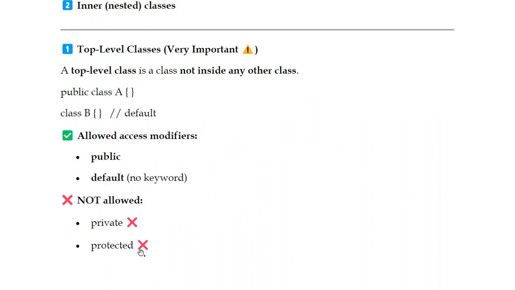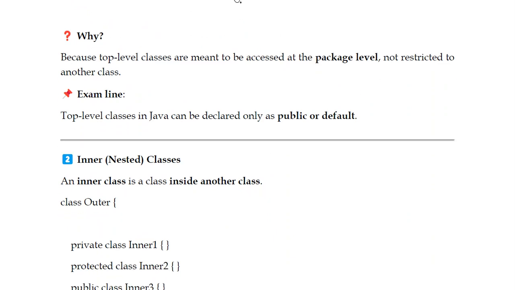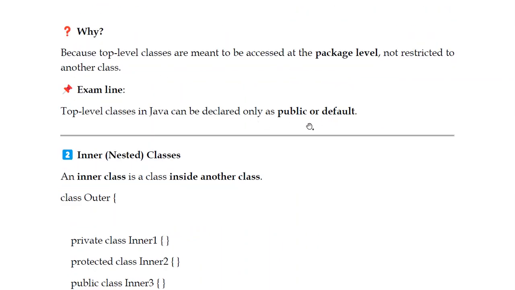Okay, so it means access at the package level, within the package it should be accessible, so we should not give restrictions. Okay, that is why we are stopping that. Top level classes in Java can be declared only as public or default. Important question: a top level class in Java can be declared as public or default, because within the package at least